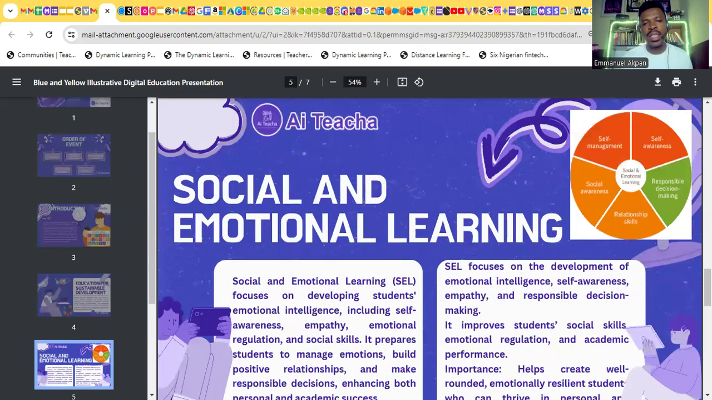So SEL, social and emotional learning. Social and emotional learning focuses on developing students' emotional intelligence, including self-awareness, empathy, emotional regulation, and social skills. Now, these are very key. For those of us who use social media very well, if you go to TikTok, you will see why this is very key. Where